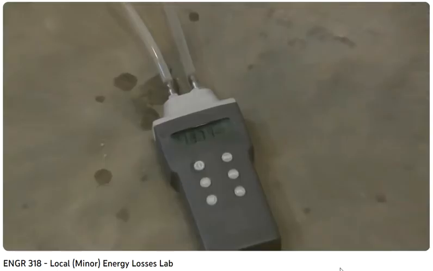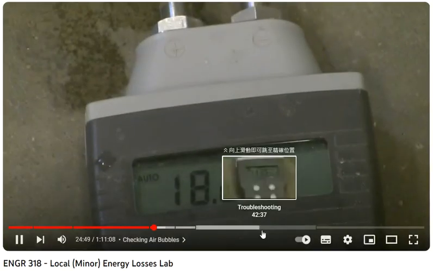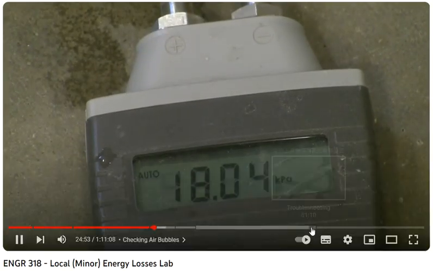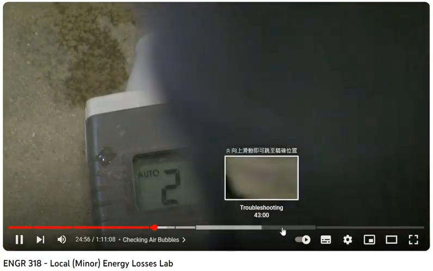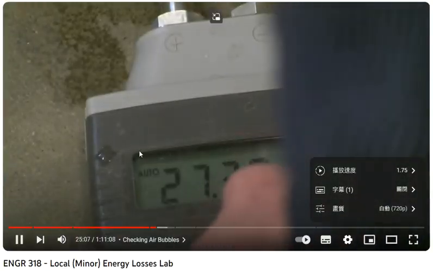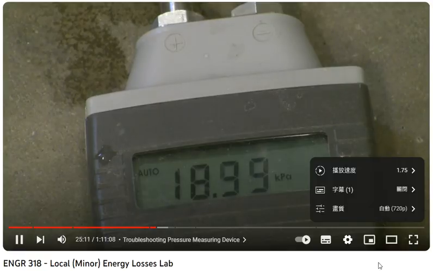Again, I will cancel the flow to see if the instrument is still zeroed. That's difficult to read. Let me see if I can get a little bit better angle on it. Closing the valve. Zero the device. All right, the device is malfunctioning. Let me turn it off, turn it on. Zero the device. I'm going to have to pause the video and see if I can troubleshoot the pressure